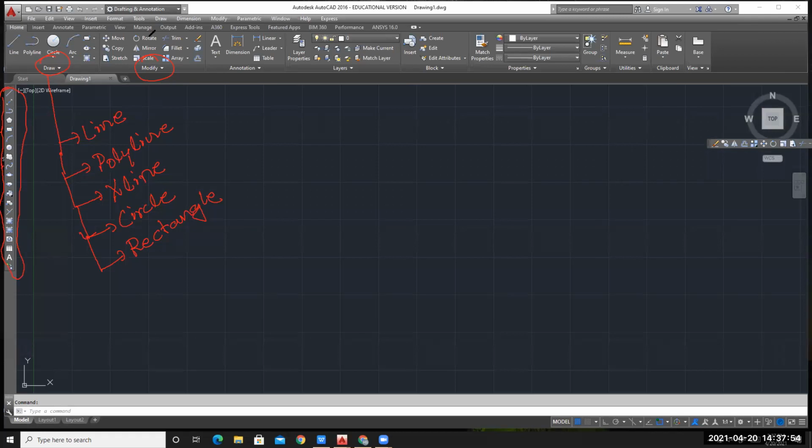And similarly, if you have to do some modification, some manipulation with those lines or the commands that you have used, then you can use your modify commands. In modify, you can use the move command, copy command, stretch, rotate, mirror, trim, fillet, array. So these are your modify commands.